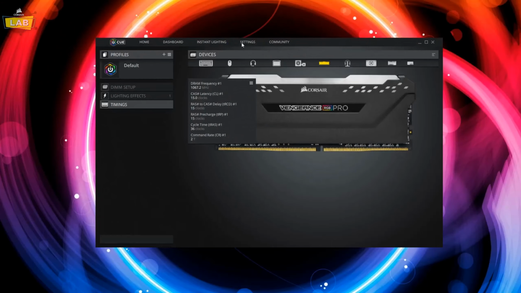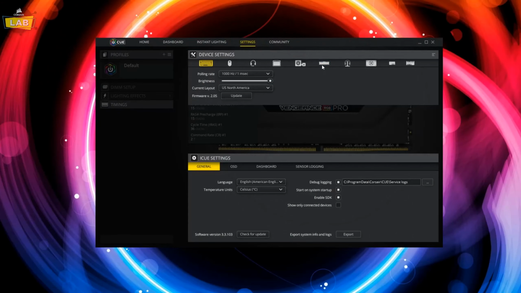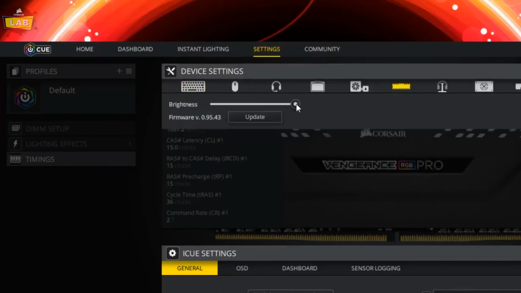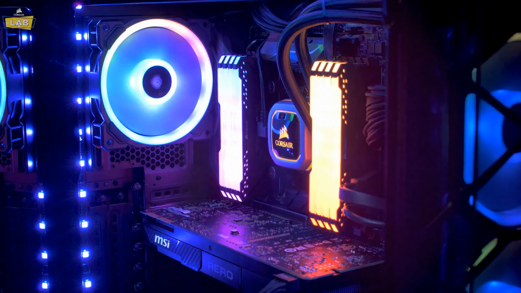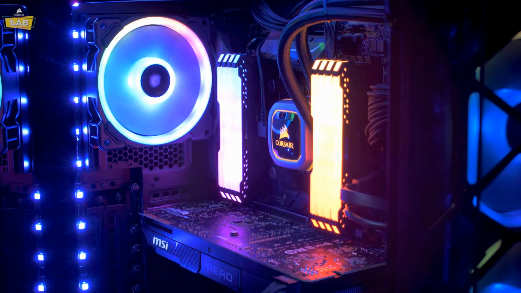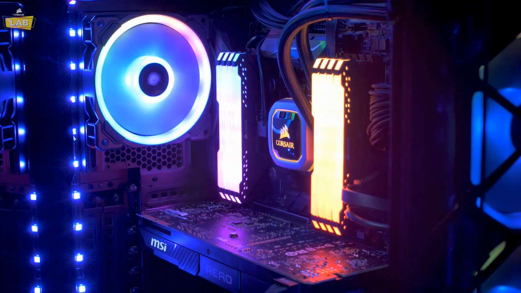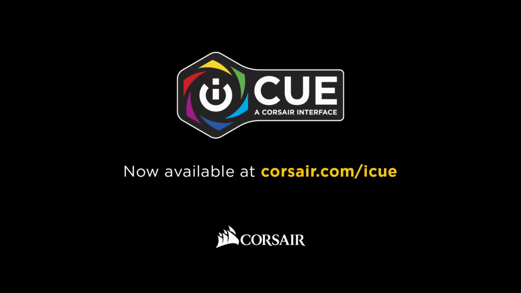Global device settings can be found under the Settings tab in iCUE. In the Device panel, you can change the global brightness setting of Vengeance RGB Pro, as well as update the firmware of your modules. And that's it! Vengeance RGB Pro takes full advantage of the iCUE ecosystem and is easy to customize to match the style of your build. For more information about iCUE, check out more of our tutorial videos or visit